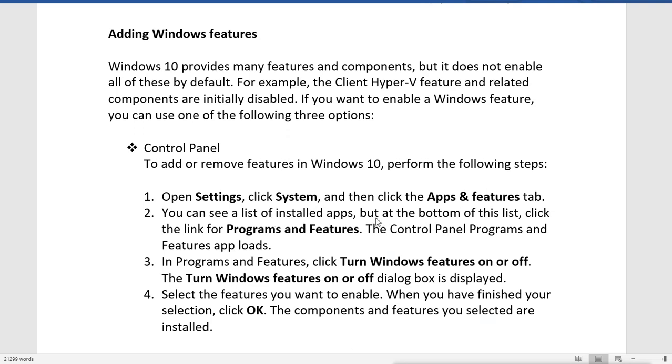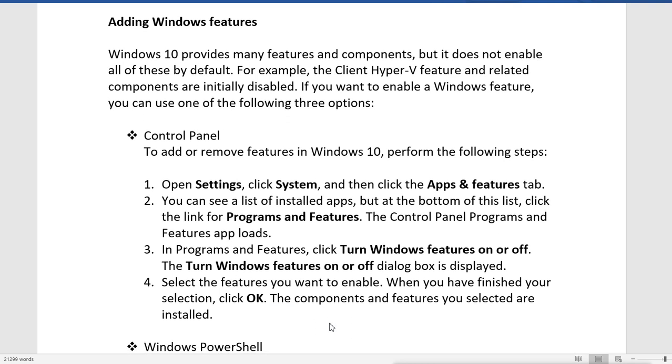At the bottom of the list, click the link of Programs and Features, and then the control panel Programs and Features app loads. Now in Programs and Features, click Turn Windows features on or off, and the Windows Features dialog box is displayed. Now select the features you want to enable. When you have finished your selection, click OK. The components and features you selected are installed.